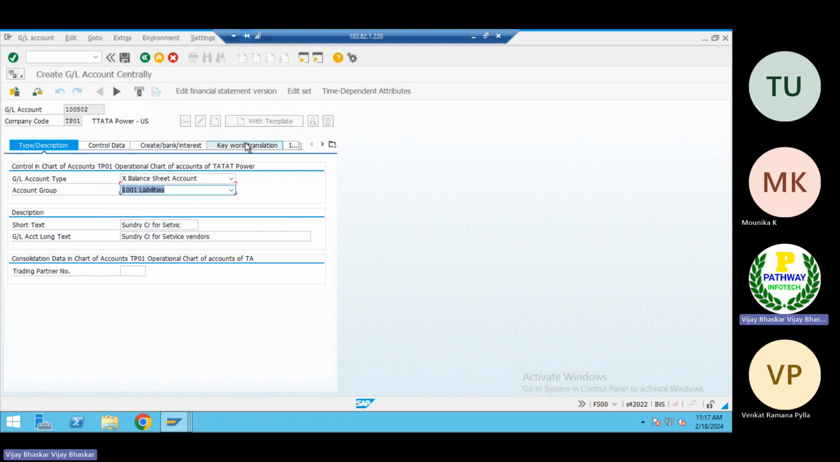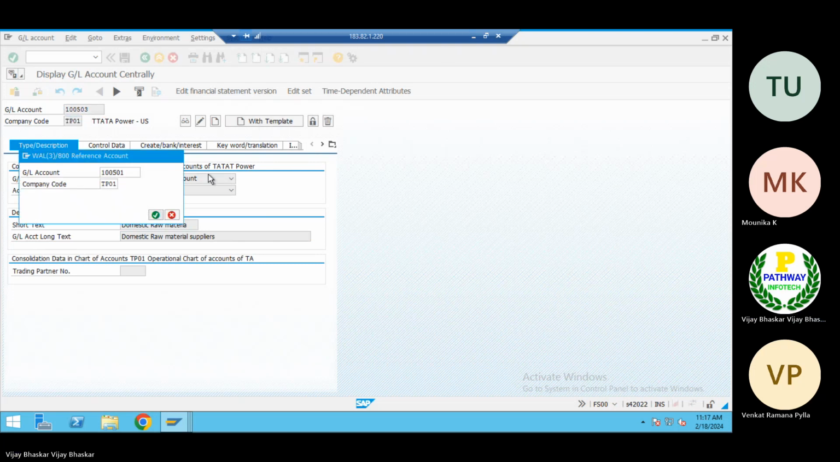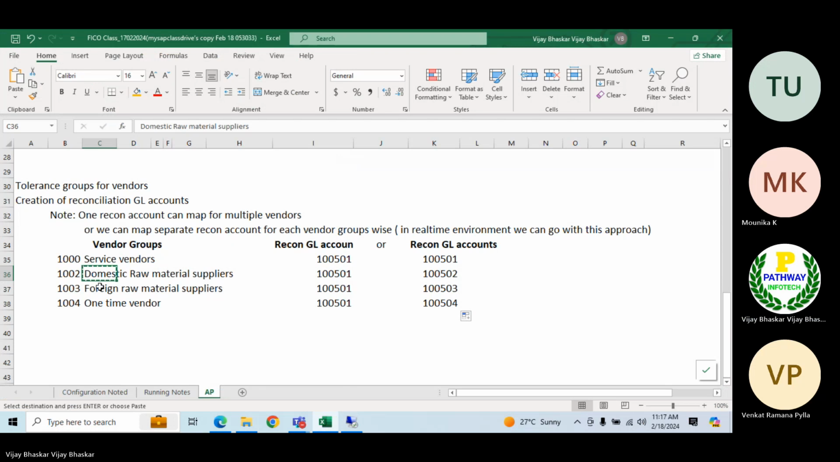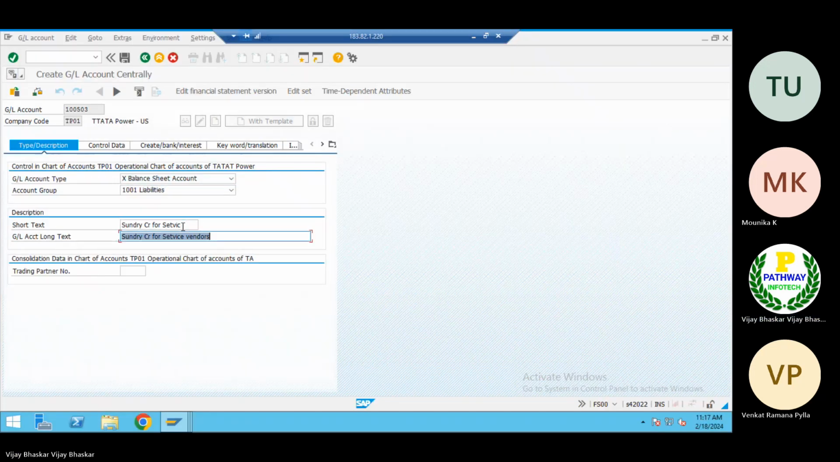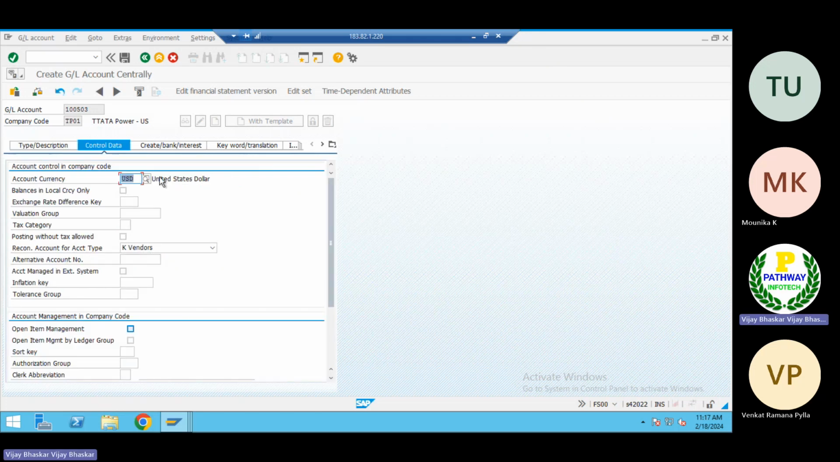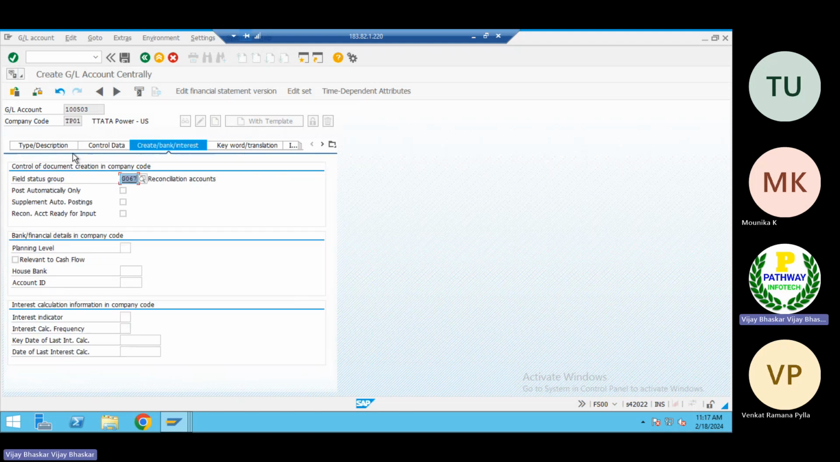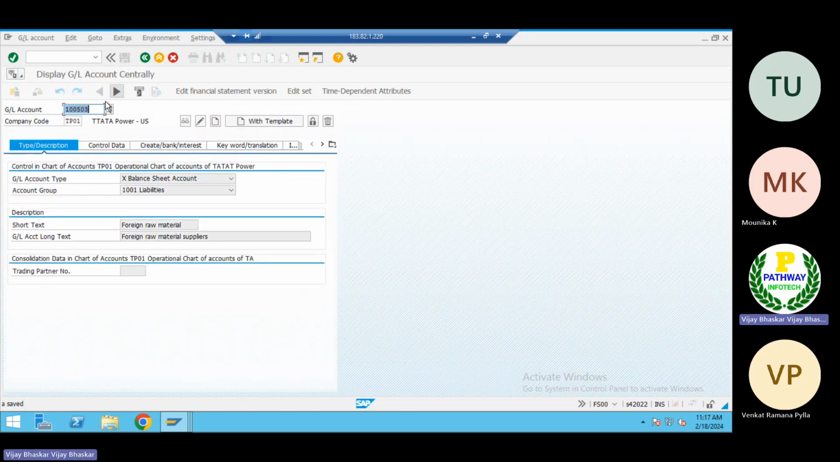TP01, I'm just copying this one. I'm just changing the description here because the rest of the parameters are the same. Copy this one, copy this one, foreign raw material suppliers. Because the other parameters which I'm copying are all copied by default by the system. No need to make changes to all those. Right now, next coming to